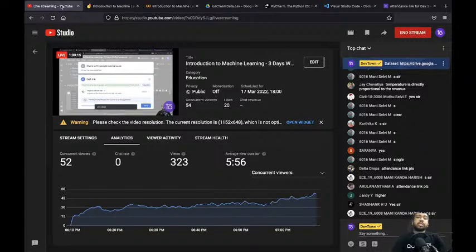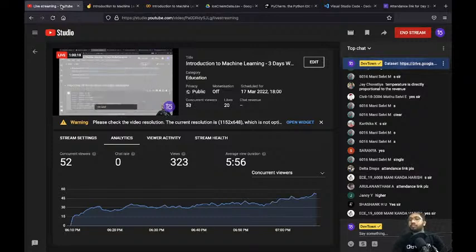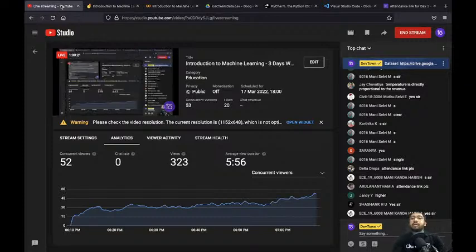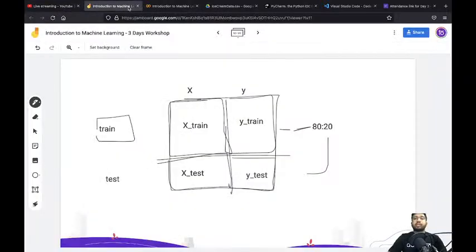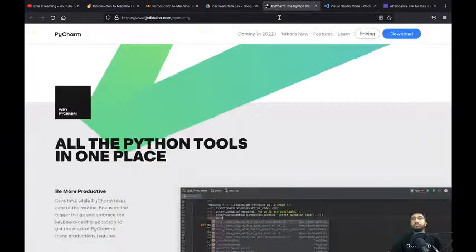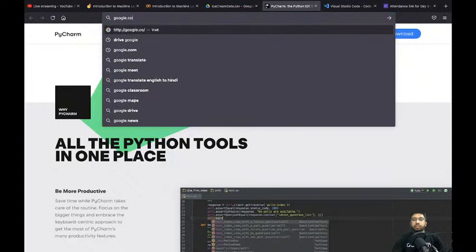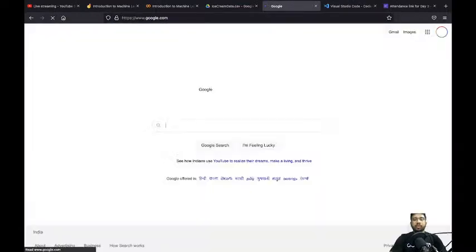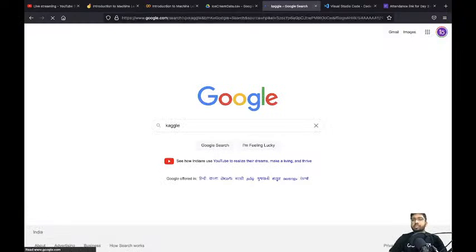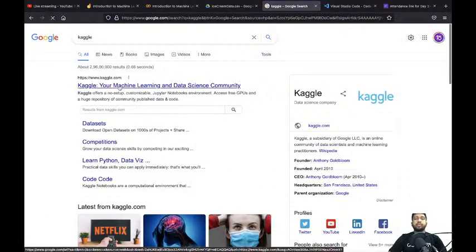The next question is where you will find the data. If I want to start a machine learning project or model, I need to have data. Where can I find it? The best place to find data is Kaggle. So you have to search on Google for Kaggle. Kaggle is owned by Google itself. Over here you need to click on Kaggle,